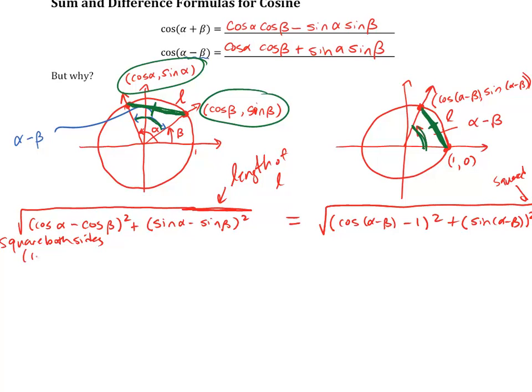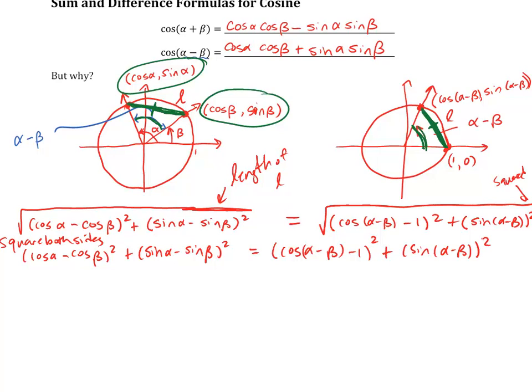So you have cosine of alpha minus cosine of beta quantity squared plus sine of alpha minus sine of beta quantity squared is equal to cosine of alpha minus beta minus 1 quantity squared plus sine of alpha minus beta quantity squared. All right, now let's do some algebra. Let's multiply out these terms. So multiply out the squares,